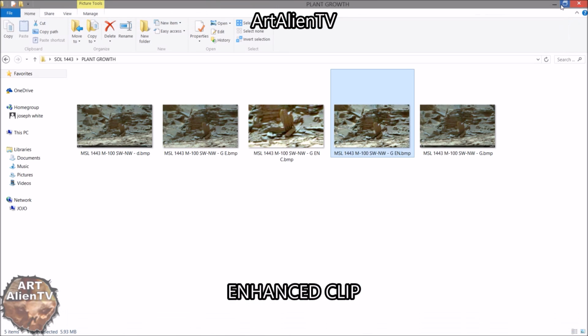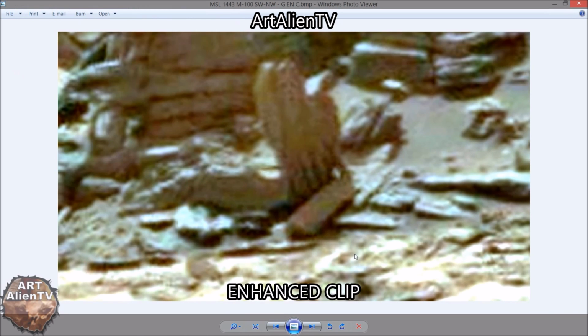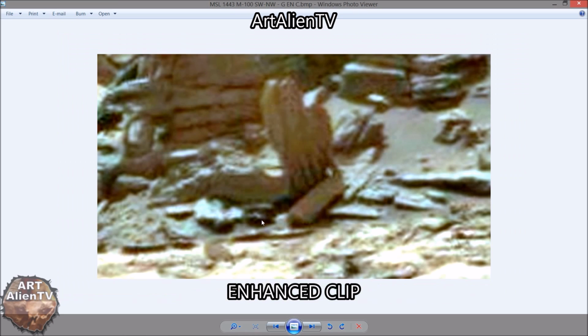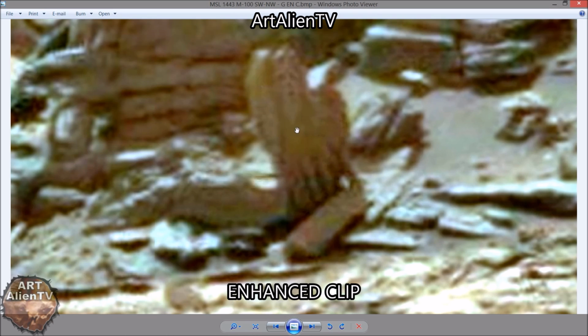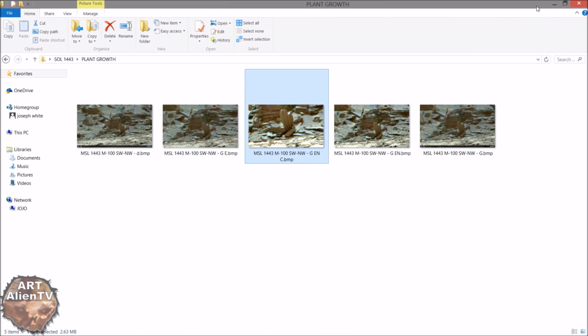Let me show you a close-up of that. There we go. And all I've done here is increase the contrast, and you can really see these leg-like structures or roots coming down off this thing. Okay, but if you get too close it just kind of blurs out. But the texture is also really, really odd, and this bright green looks to me like organic growth. And why shouldn't there be? I mean, there is a small amount of water in the area, not very much, and of course plants do not need oxygen. They use carbon dioxide mainly. So there we go. Right, let's go back to the Gigapan, and I'll show you one or two other things